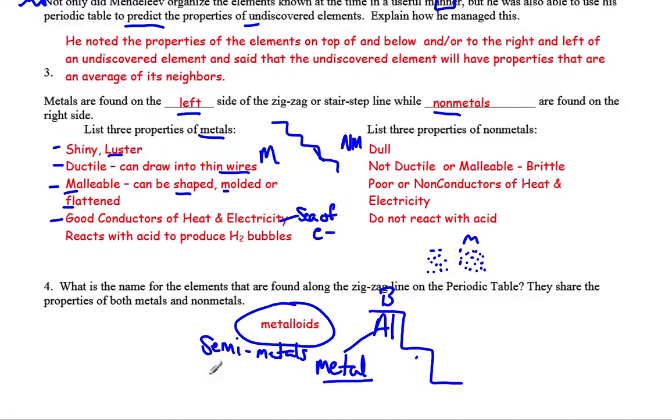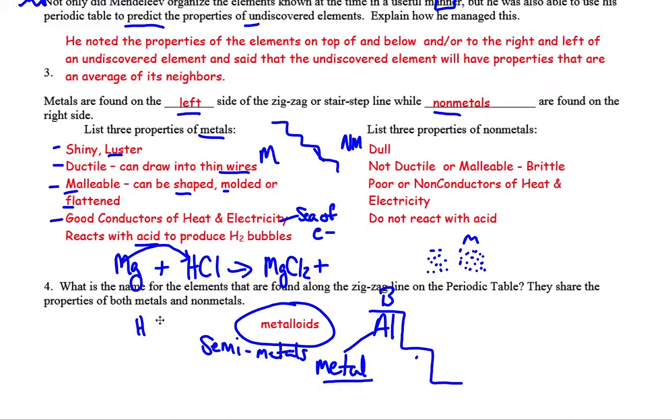And they react with acid to produce hydrogen bubbles. Now you knew this because you ran a lab where you put magnesium into hydrochloric acid. And remember, the magnesium took that little hydrogen and bumped them out. So the magnesium got to hook up with the chlorine and make magnesium chloride. Then where'd the little hydrogen go? Well, little hydrogen was upset because it was with the chlorine, but then it got bounced out.